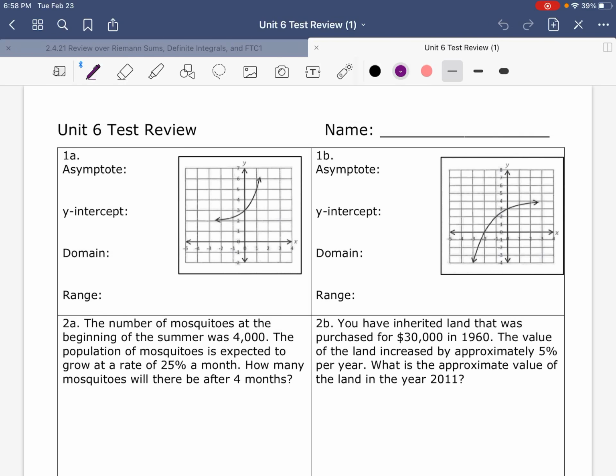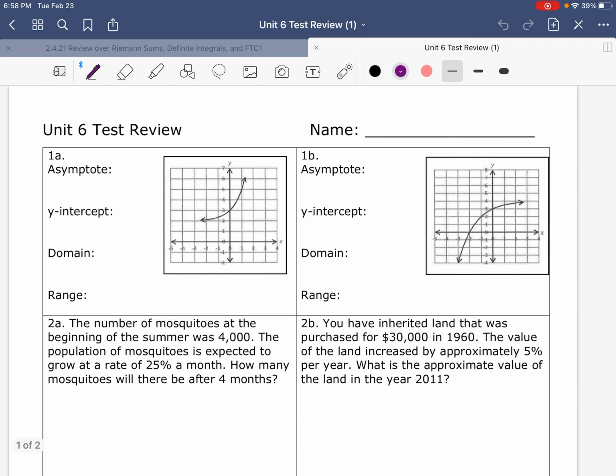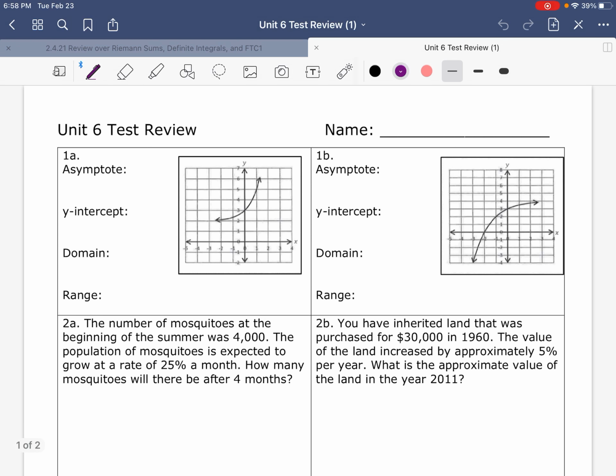All right, this is going to be the Unit 6 test review, and we're going to start with some graphs here. So for 1A, we're looking for the asymptote, and what that is going to be is where this graph here is going to level off. So if you look, you can see it levels off at this line right here. So that purple line I've drawn, that is where this starts to become a flat line,